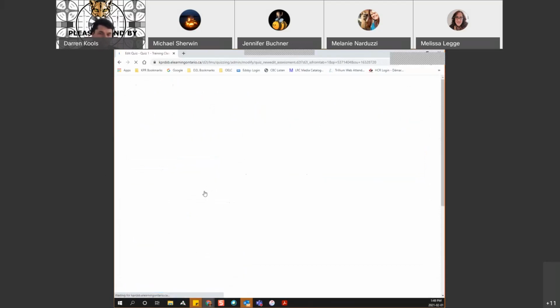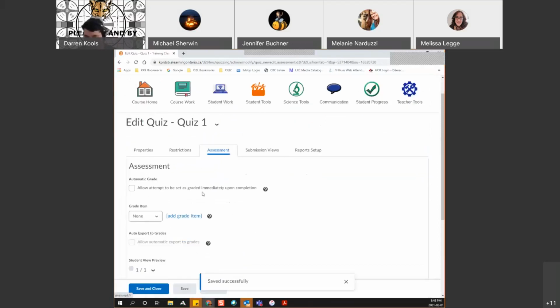The assessment tab, this is the actual evaluation. So you can set it to be graded immediately on completion. If you have it auto-graded, or sorry, a lot of binary things, so multiple choice, true, false, things like that, this is a good way to go, and then you don't have to really go in and mark it. If the student has long answer and things like that where you're going in to mark it, I probably would deselect that. And the reason for that is as soon as I select that, it's going to give